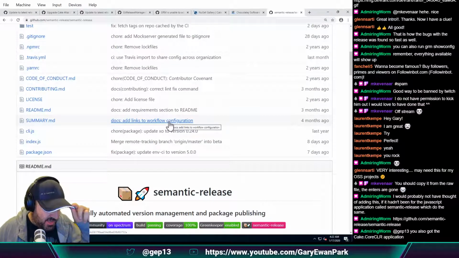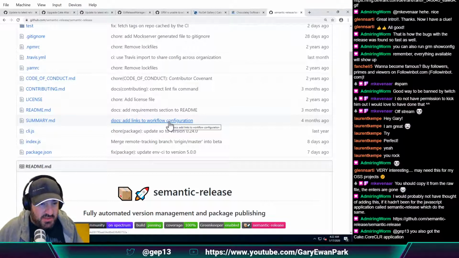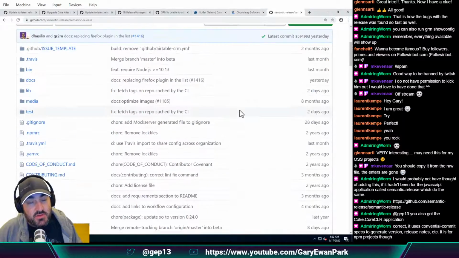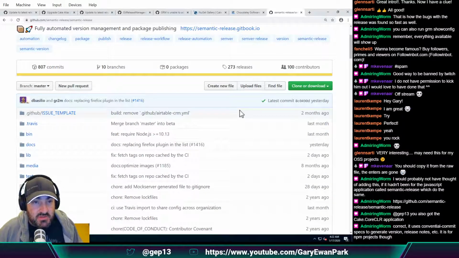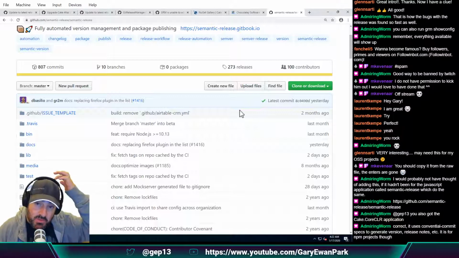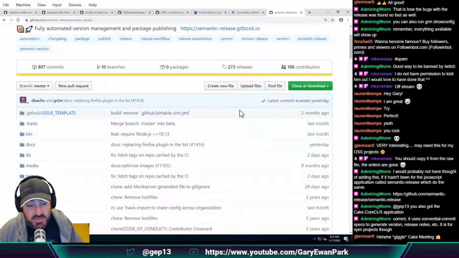So then on to the question that Kim's asked. You also got the cake.core CLR application. Now, we do. However, we had a Cake meeting. Was it last week? Might have been this week. So looking at the download stats for cake.core CLR, very, very few people are using it. And most likely the only people that are using it are the ones that are using the default execution of the